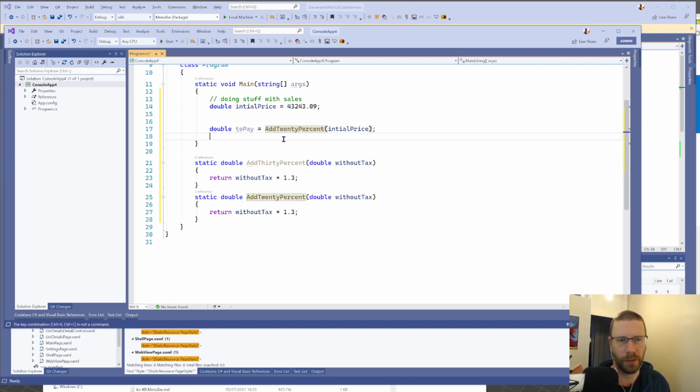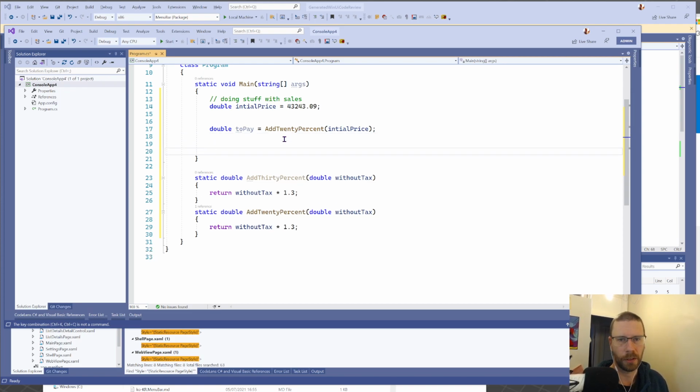Okay, so now we've got this thing, and maybe I'm somewhere else in the code, and I go, oh, I need to add 20% to something. I'll just call this add 20%, and then I get really confused when it starts adding 30%. So that would be a really, really bad thing. Instead, we need to use a name that represents what this thing does, so we know when we should call it. So if we just say add tax,